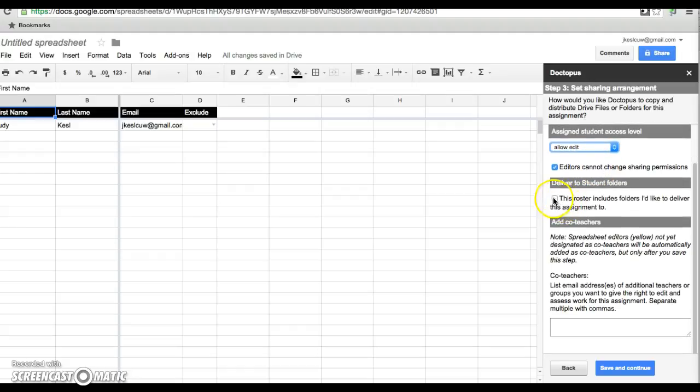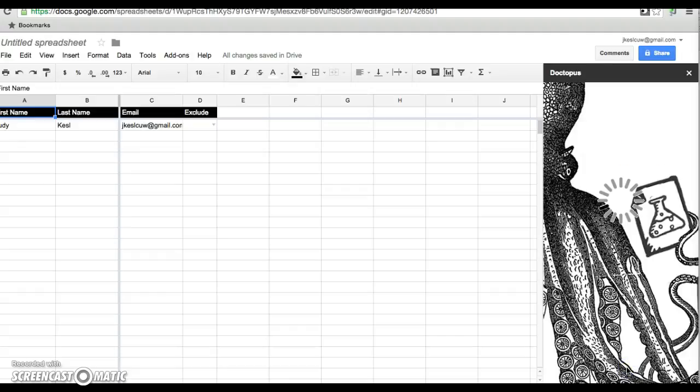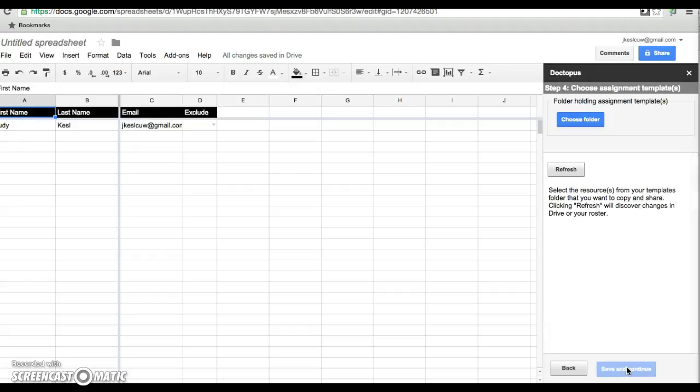And this roster includes, no, it doesn't include folders. And if I wanted, I could share it with co-teachers, put in their address. In this case, I'm not going to have a co-teacher. So I'm going to choose the folder. Now I already created a folder,